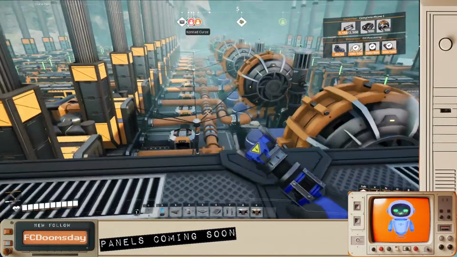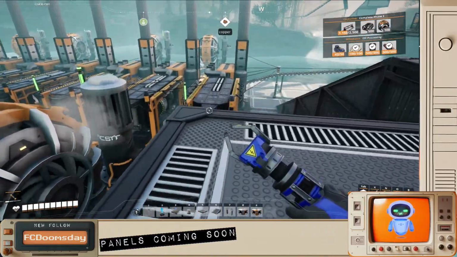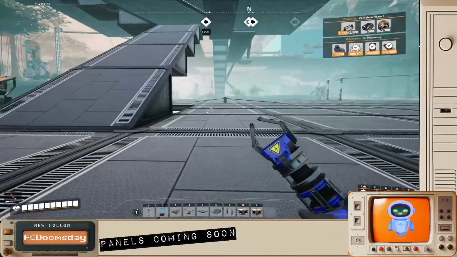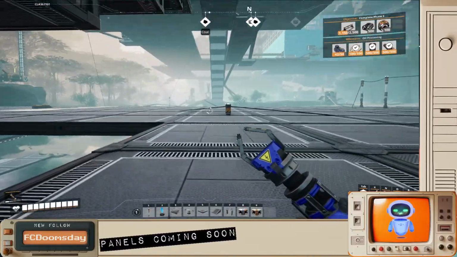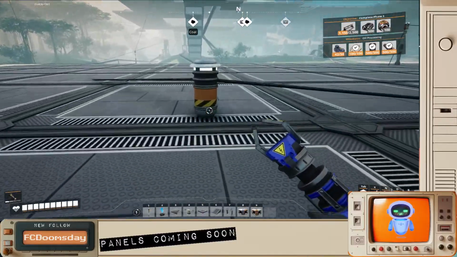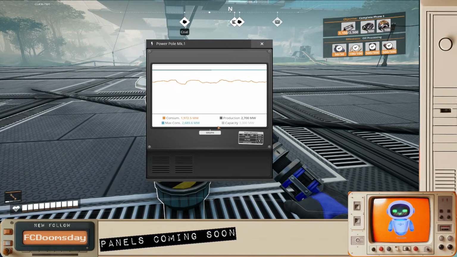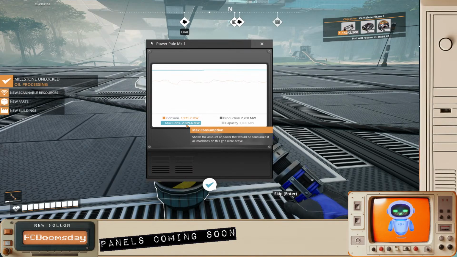So this is Greed's coal power plant system. I wonder how much power he's got us. I don't like this though. We need to unlock the attached points. 3,000 megawatts, and we're using just under